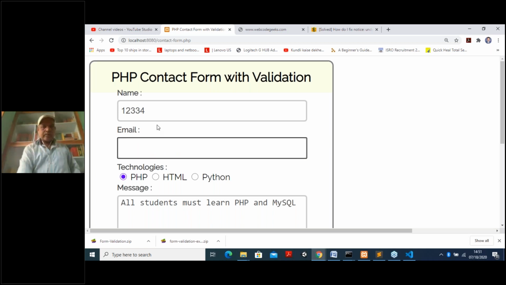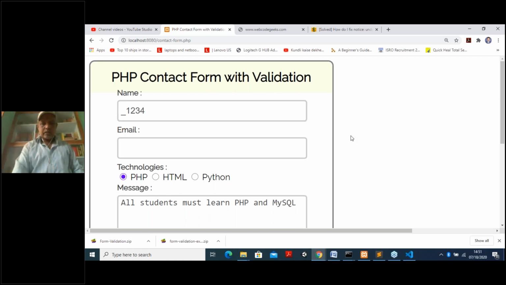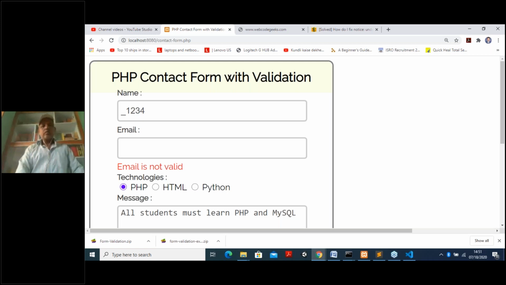But here also you can validate. Suppose I put it blank and submit, it shows some error. But when I put some number, it is unable to detect it. Suppose I put shift underscore 1 2 3 4 and try to submit all things. Let me see whether it is accepting this. Submit. Still it accepts, because we have not gone for those conditions.